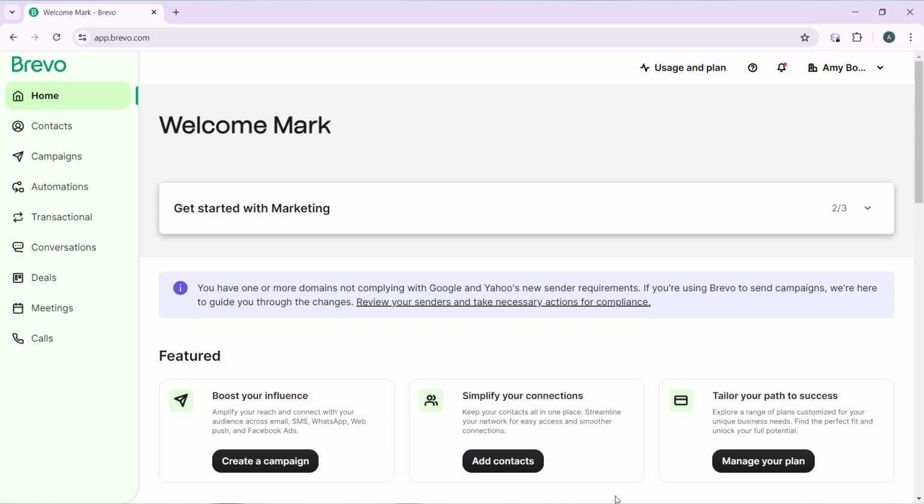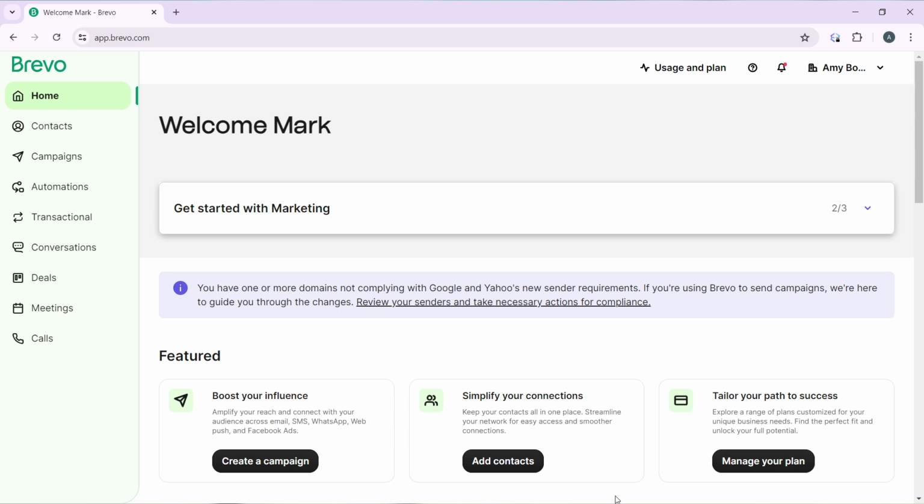Once you get into the website, follow through the on-screen instructions to create your account, and after signing in successfully, it's going to take you right into this fantastic homepage where you can now explore a lot of features to have an exciting time on Brevo. So now that we're here, let's quickly hop into today's task, and that is how to send a test email in